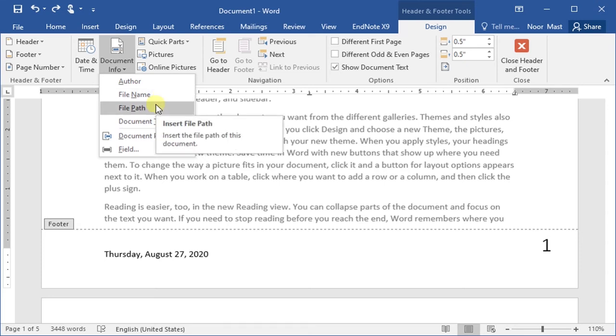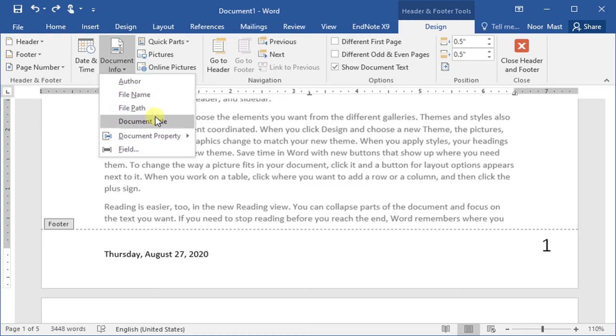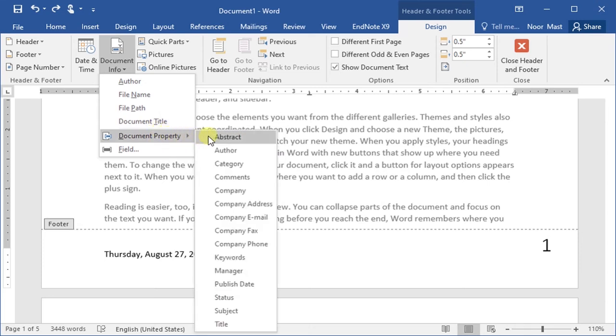If you want to add the path or the location of the file in the footer section, then click this file path option. Similarly, you can add the document title, while there is also some other option like abstract, author, category, comments, company address. So you can use any one of them to add it to your document header or footer section.